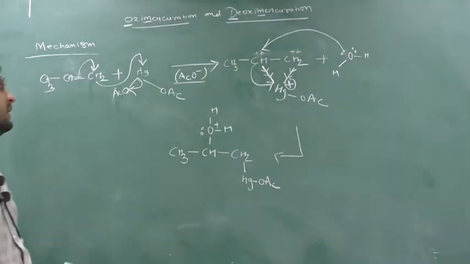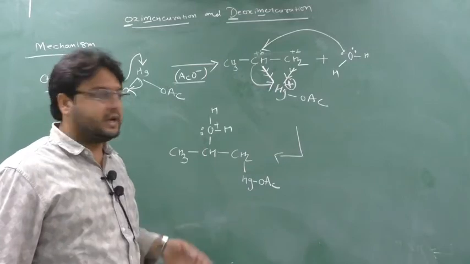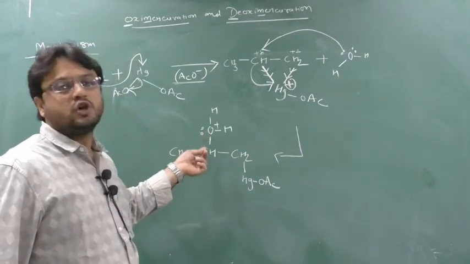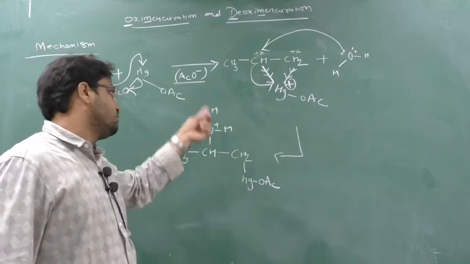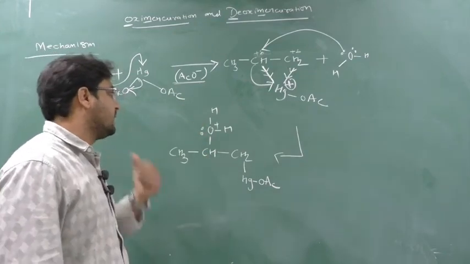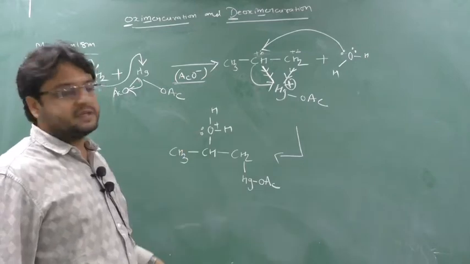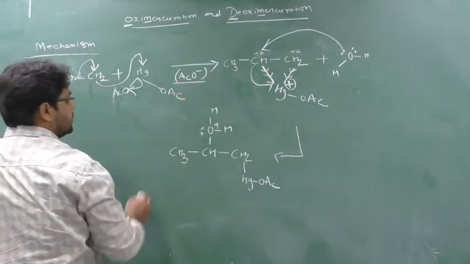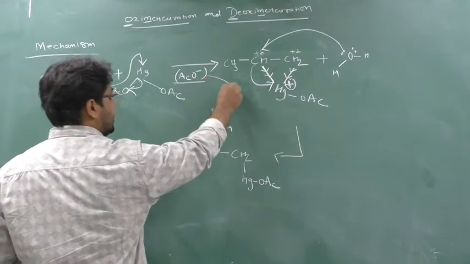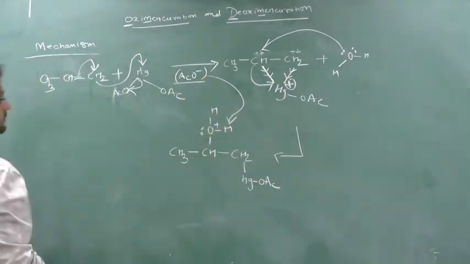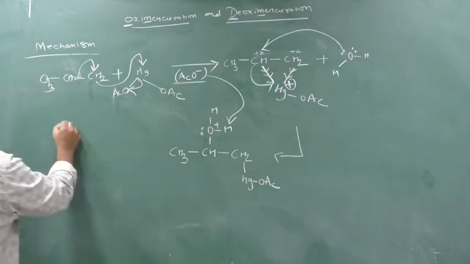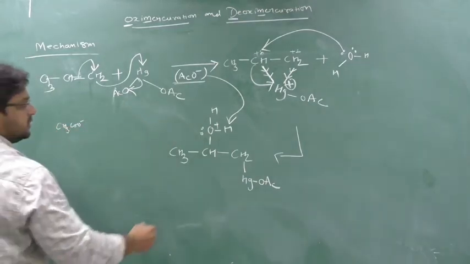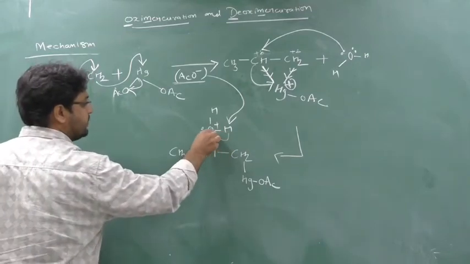Now as I told you, this is an oxygen. On this oxygen the positive charge doesn't look good because it is an electronegative element. So we have to remove this positive charge and make this stable. This is a stable complex. Now who will help this? This is an electrophile, so we need a nucleophile. So remember, we have this nucleophile. The AcO minus, that is CH3COO minus, will attack on this H, and when it attacks this H, it will remove it from this oxygen.